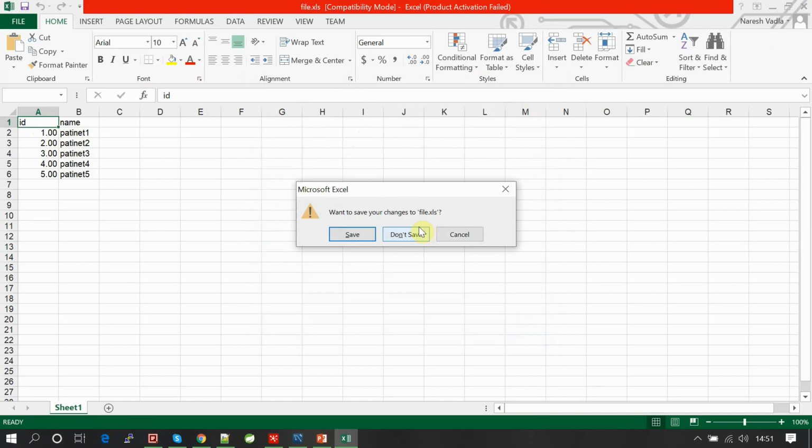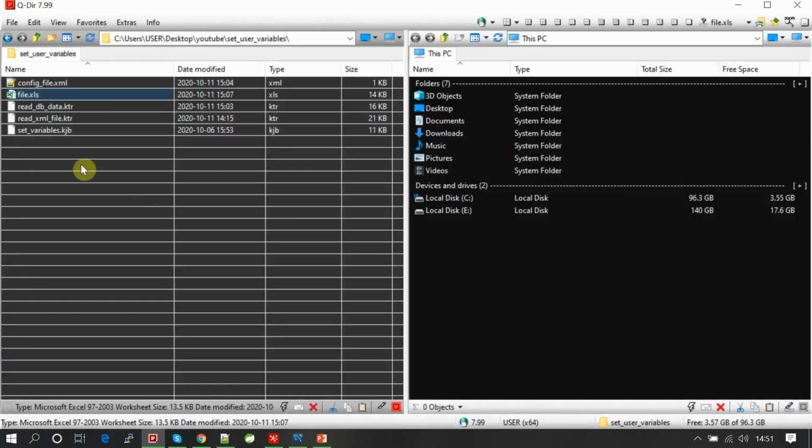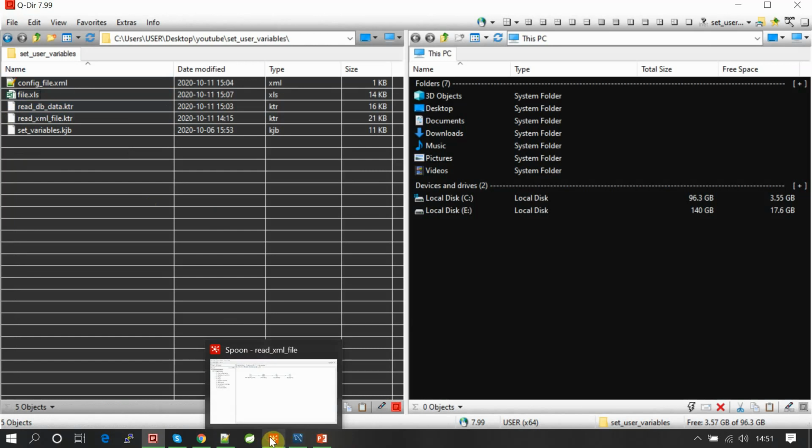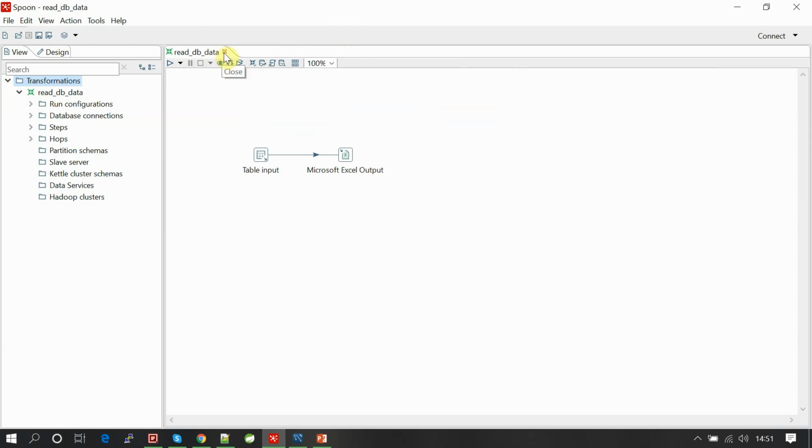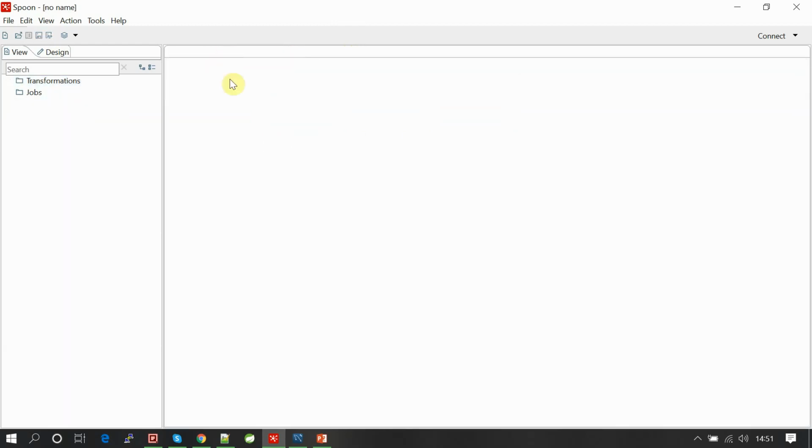I take this data and dump the CSV data into our database table, using user-defined variables as the connection details. First of all, you need to read that CSV.